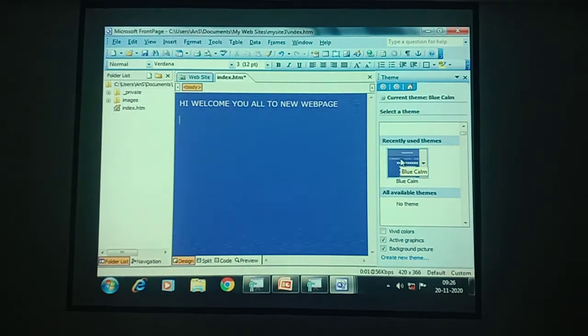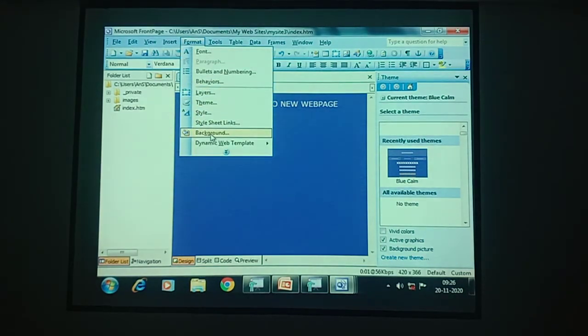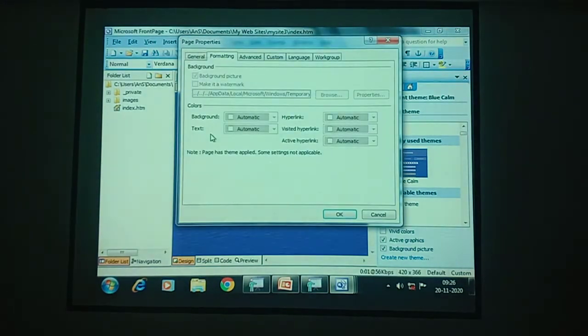And next, setting the page color. How can you set the page color? Same process. You can click on background, format background. Here you can do any changes. You see, children, under colors we have different elements. One is background, text, hyperlink, visited hyperlink, active hyperlink. Background indicates the color of the paint behind the text on your page.